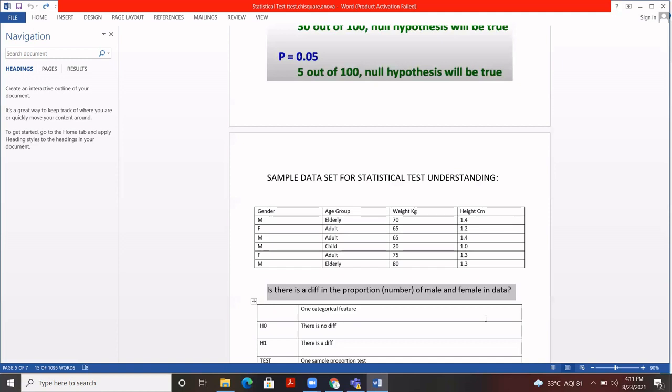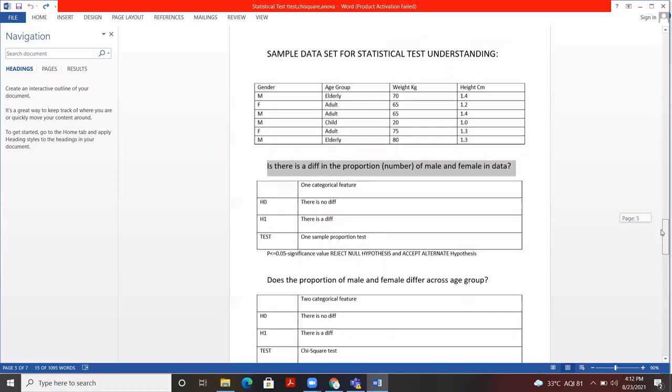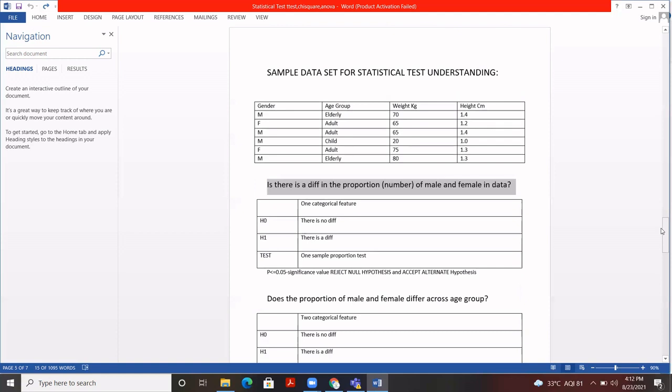To prove it, we require a statistical test to perform, and the test for this problem statement would be the one sample proportion test. This way we can choose that we need to perform a one sample proportion test for this.